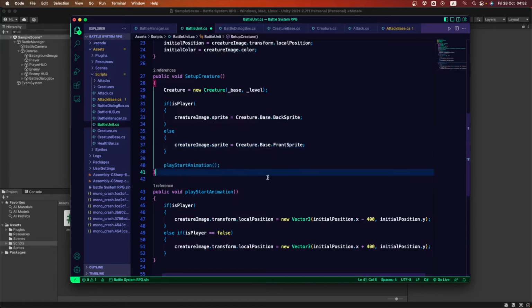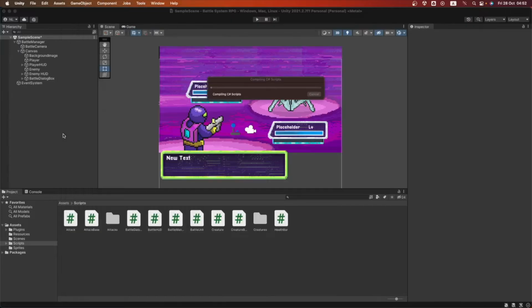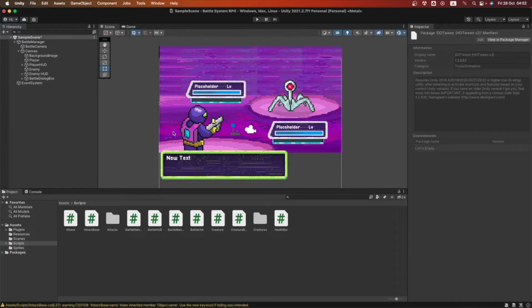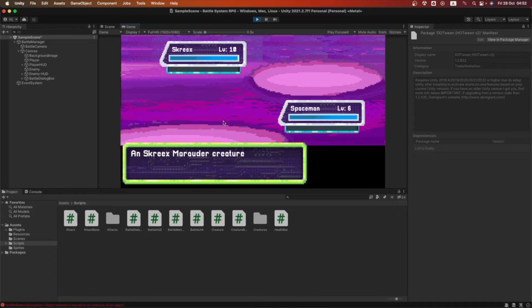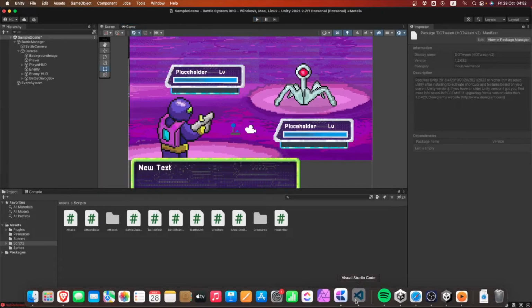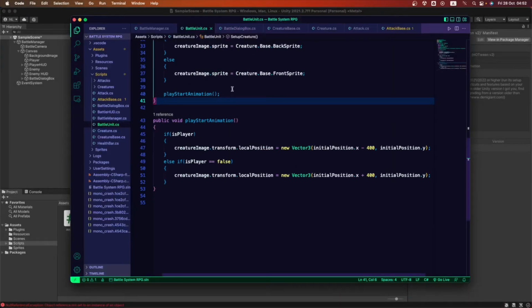Okay, so we're gonna save this, and if this is already working okay, both of these entities, when we press play, are gonna be outside of our screen. Okay, so let's press play to see if it is working. Okay, let's wait for it to load, and there it is. This is working okay. That is what we want. Okay, so we're gonna stop this and we're gonna go back into VS Code to make both of those entities come back inside our screen.